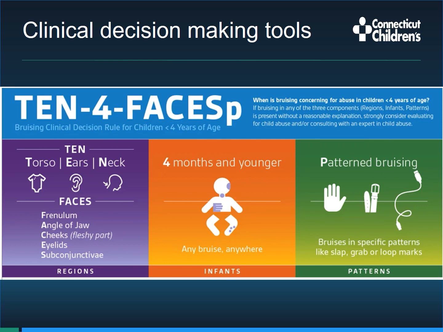Two observations regarding these tools. First, bruising of the torso, ears, and neck figure prominently in all of the major CDMs for AHT. Second, it is noteworthy that neurologic findings, other than apnea and seizures, are conspicuously absent from these tools. While speculative, I believe this speaks to challenges with the neurologic assessment of